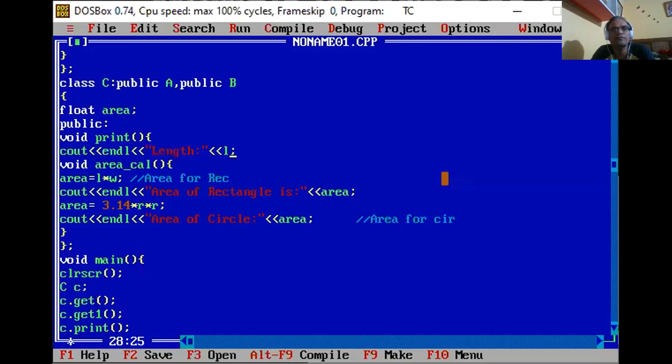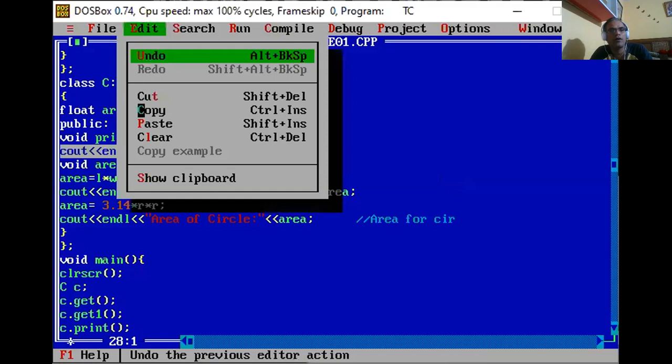Then the second one, width. So we can use copy paste.